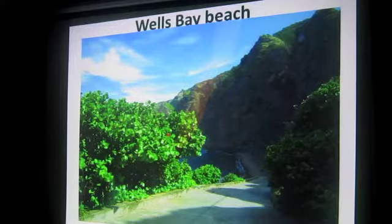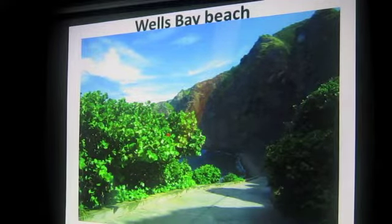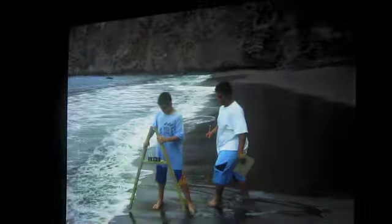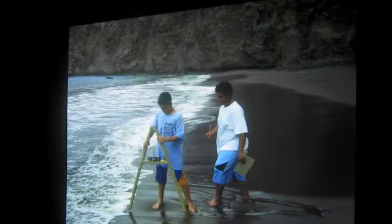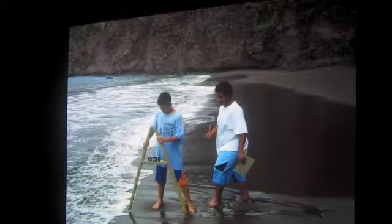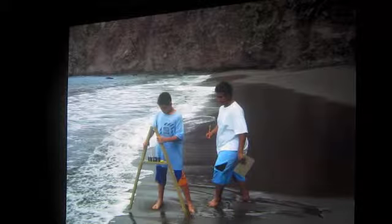All right, two other things before I finish up. Report on Wells Bay Beach, because I know everybody loves this beach, the one real natural sandy beach on the island. The last time I could measure this beach was the first time I did Sea&Learn in 2005. And so these guys are much older than they look here. Do you guys know who these people are? Yeah. And so it was 2005. The last time I was here when there was a beach,